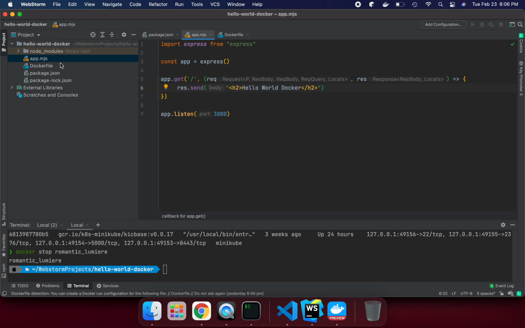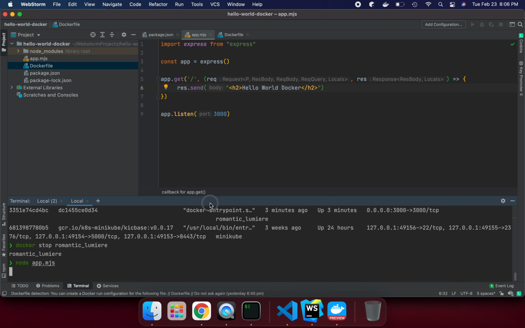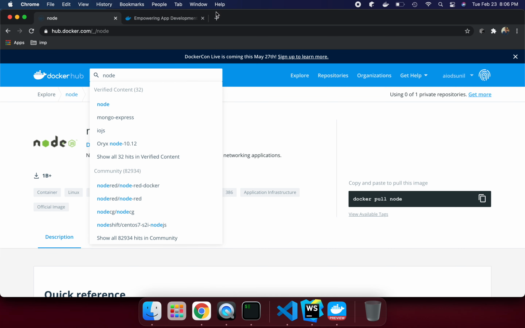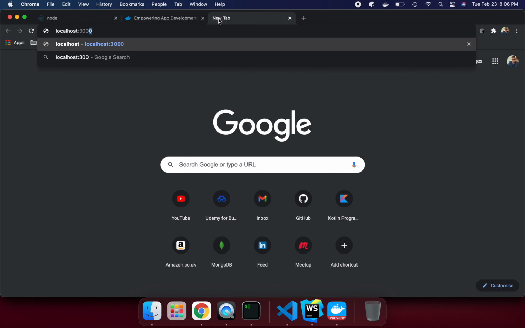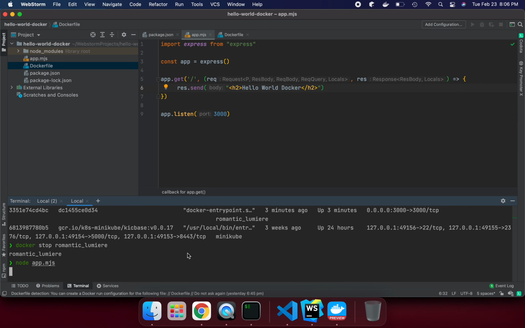The question is, suppose I'm going to run this one, generally how can I run it? I'm saying on Node, node then your js file, app.mjs. So if we run this, now this is running. And if we try to say localhost 3000, this is my port number. Now you see it's running perfectly fine. So what I did for this one, I just did npm install, and then ran node app.mjs. This is running for us.